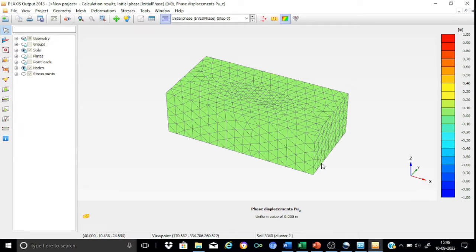That means in the initial phase, you need to check that no displacements are being calculated. So here we find that there is no displacement. This means that the calculations performed in the initial phase are in line with our expectations. Now we are ready to proceed to the